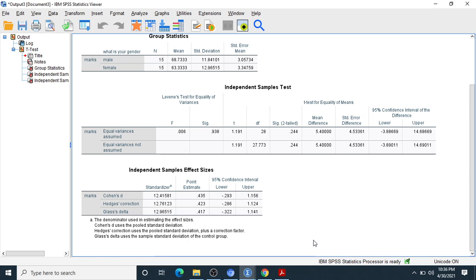Let us check it. The male marks mean is this, 68.73, and female 63.33.